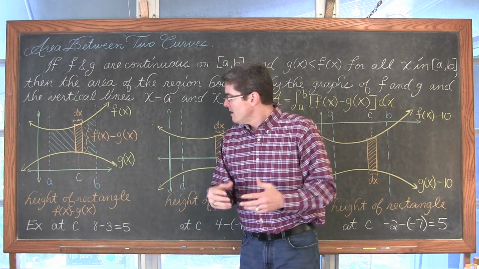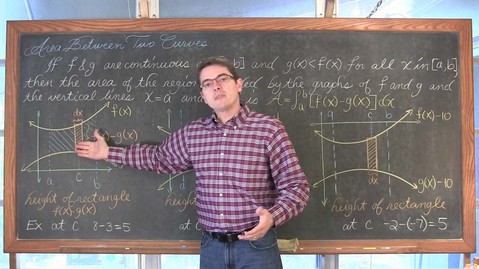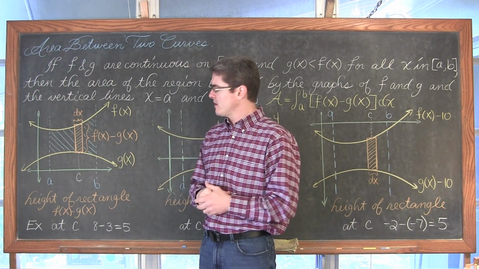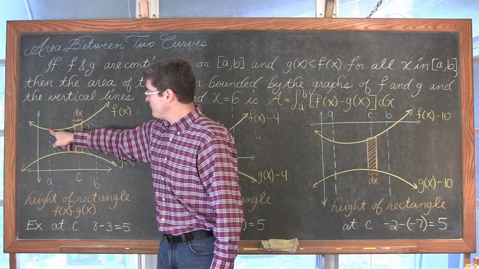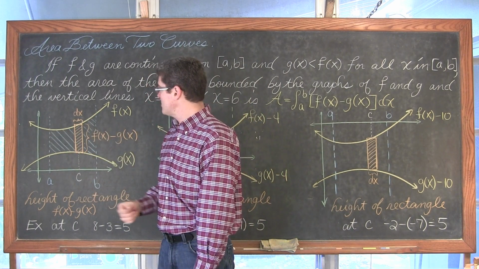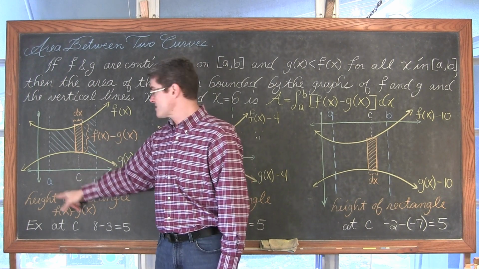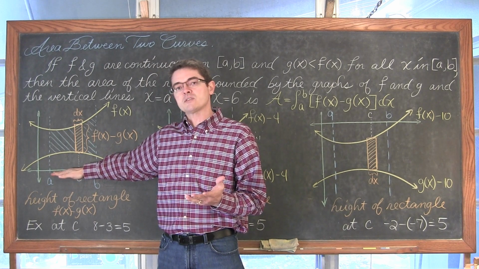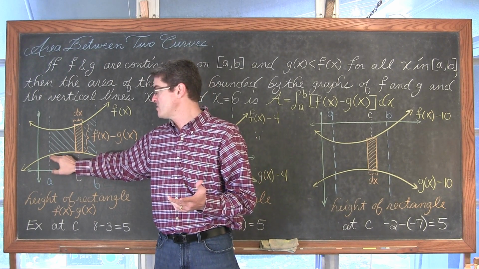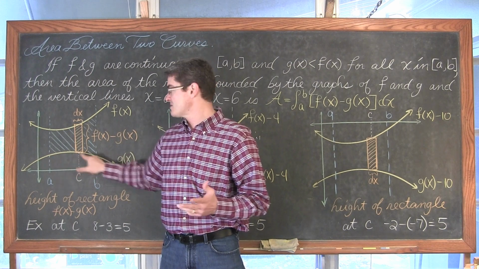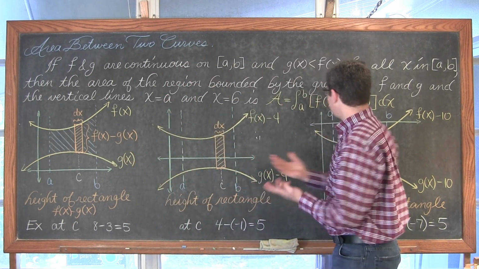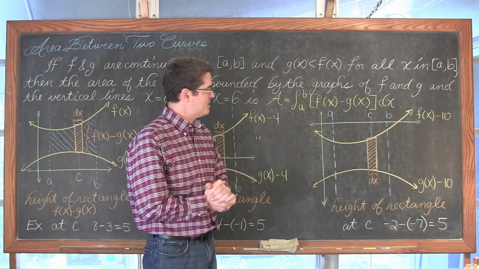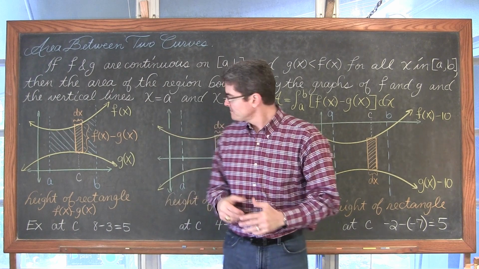Well, these are both above the x-axis, so with our understanding of that first fundamental theorem of calculus, if I found the area bound between the function f of x and the x-axis on the closed interval from a to b, I would have all of this area shaded in all the way down to the x-axis. And then if I just found the area bound between g of x and the x-axis, I would just subtract that, which looks like exactly what this rule says for us to find the area bound between 2 curves.